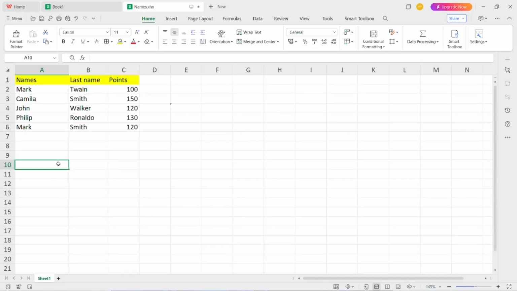Hi, in this tutorial I'm going to show you how to use the VLOOKUP function in WPS Spreadsheet. For example, we have here 3 columns with names, last names and points. If you would like to find the number of points, for example, for Camila, you need to type here the